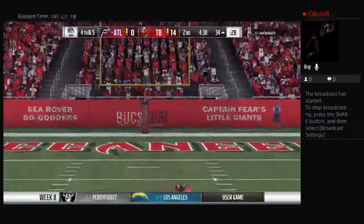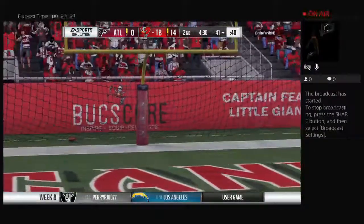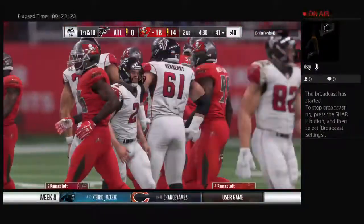And I don't think this has the carry. It does not. It's no good. And this score will...